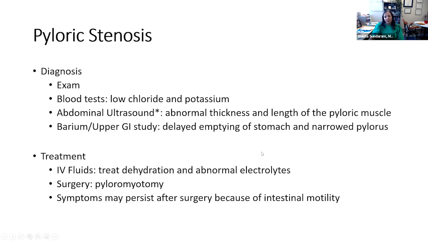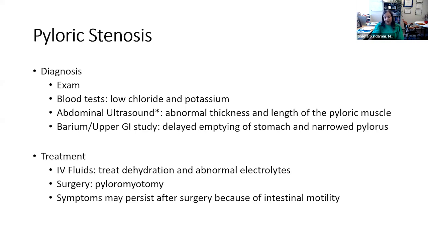And then really the best way to diagnose this is abdominal ultrasound, which is pretty easy to do, and it shows that both the length and the thickness of that muscle is abnormal. We sometimes use a contrast or upper GI study, but this is a little bit more involved and is typically not needed. We treat pyloric stenosis first and foremost by IV fluids to help the dehydration,